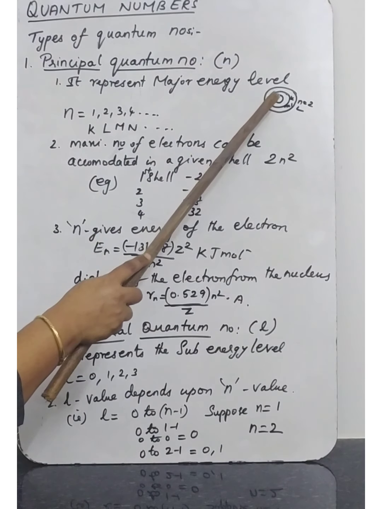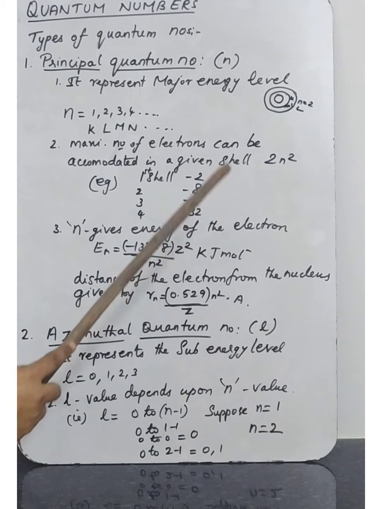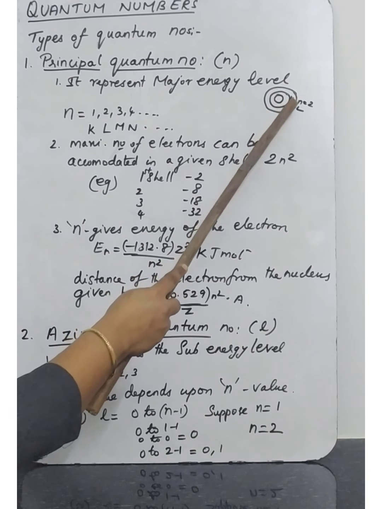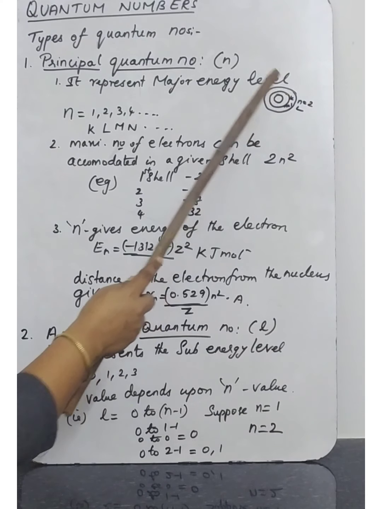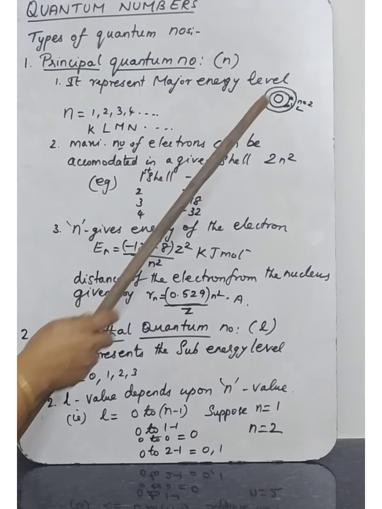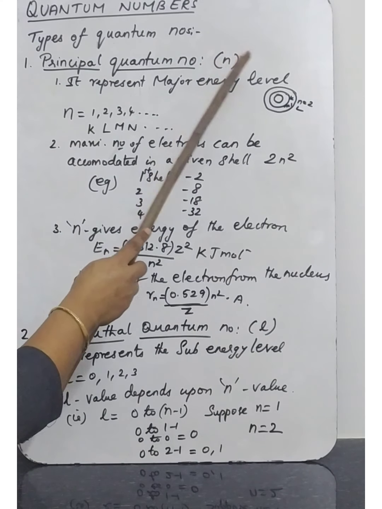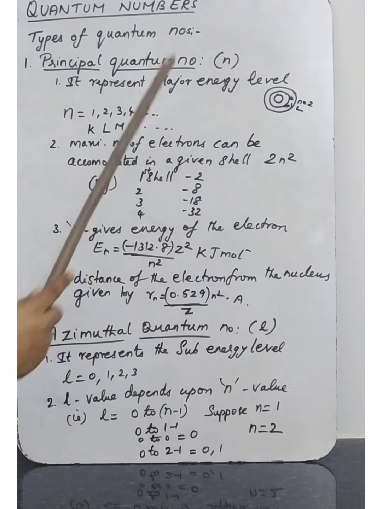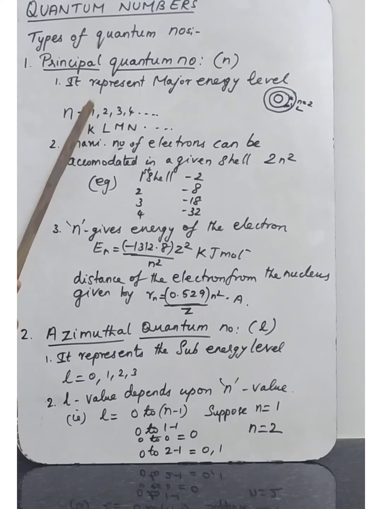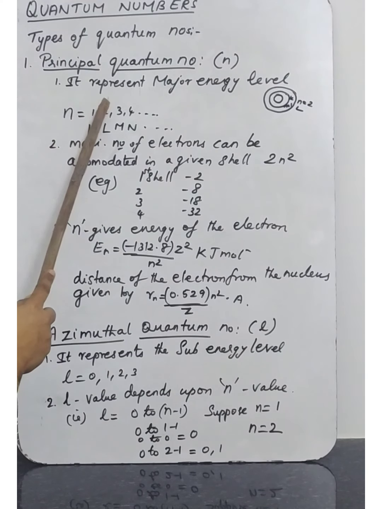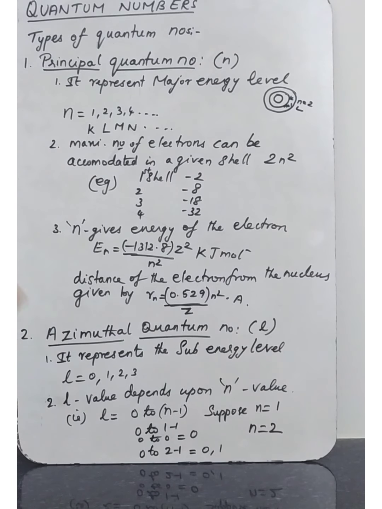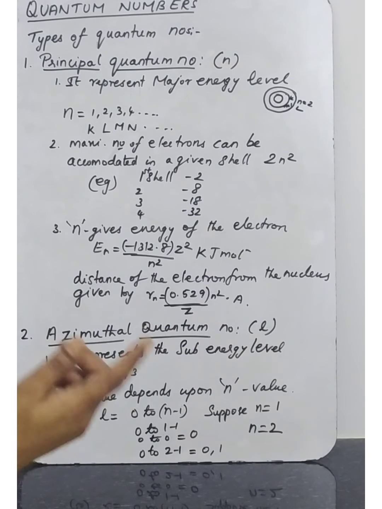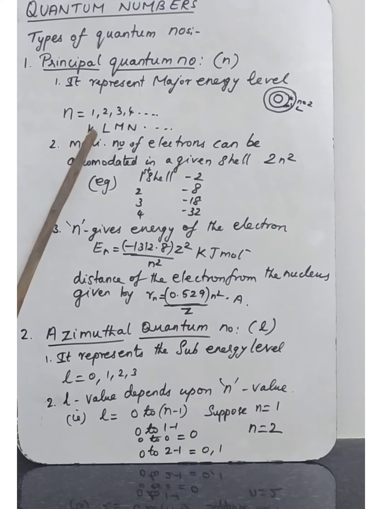You have learned this already in lower classes. Anyway, I will explain. The electrons which revolve around the nucleus, that is called an orbit. The first orbit, the first shell, is represented by n. The first shell is called the K shell, because n equal to 1 means K shell. If n equal to 2, then it is the L shell. Then n equal to 3, 4, 5, it will go like that. We start from the K shell.